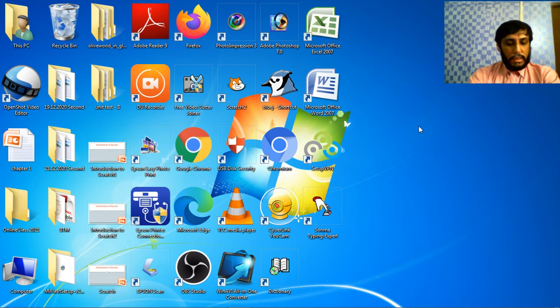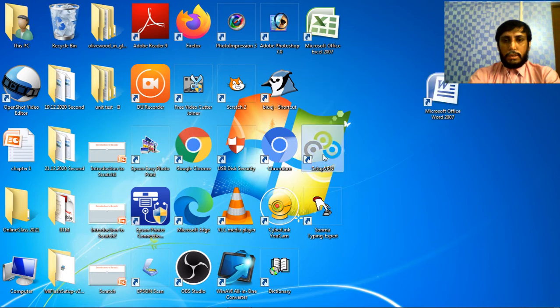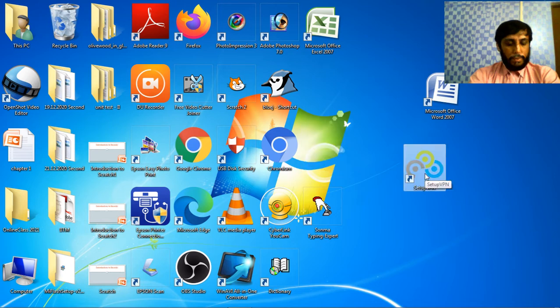So like this, we can arrange icons by dragging. That I told you how to arrange your icons. First of all, you have to go to view, and then here uncheck it. Then you can drag and drop. This is called dragging and dropping. So anywhere you can drop. Now let's talk about the taskbar.